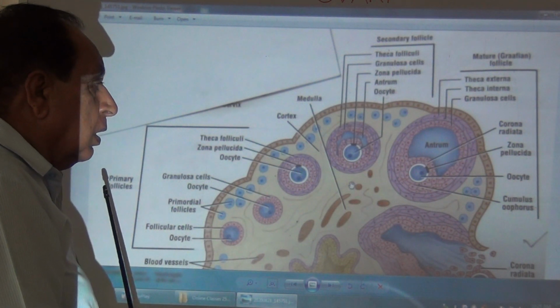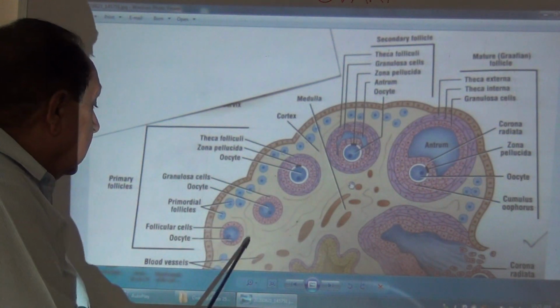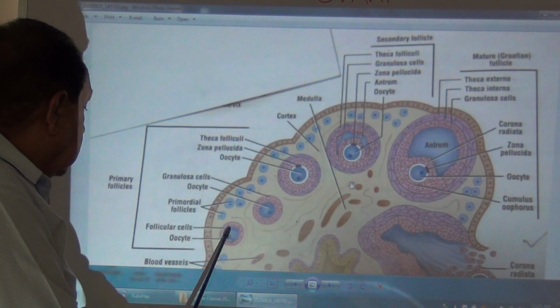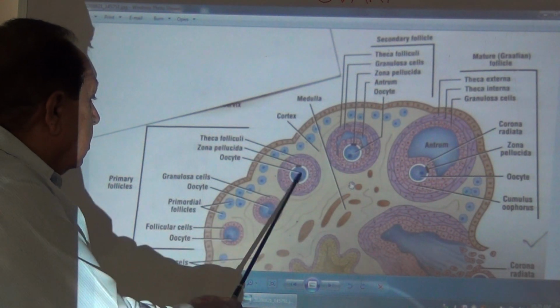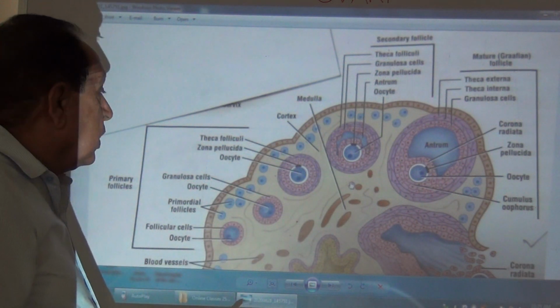Only the primordial follicles and the primary follicles are present, while